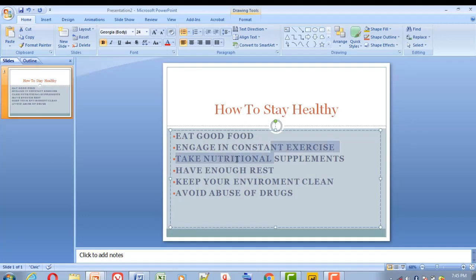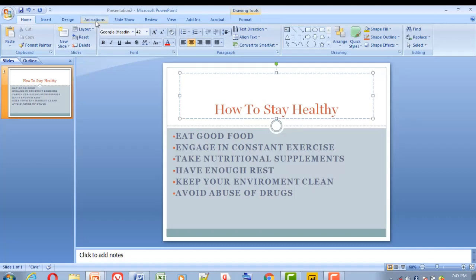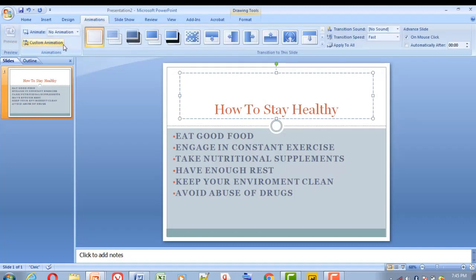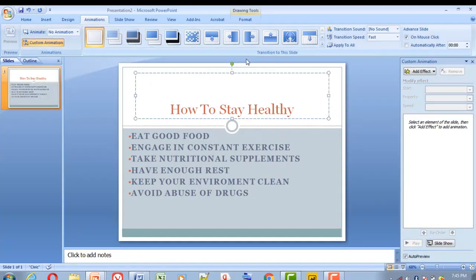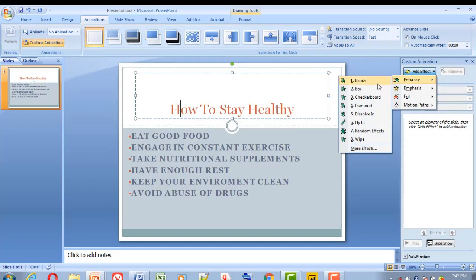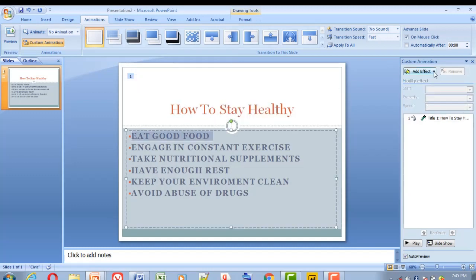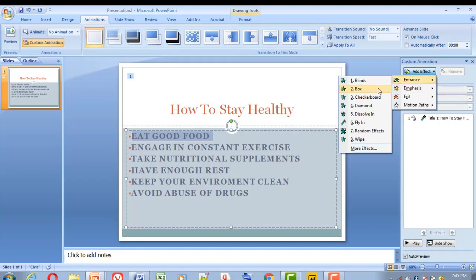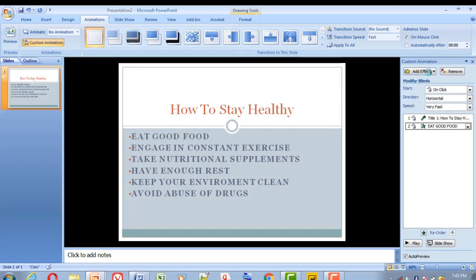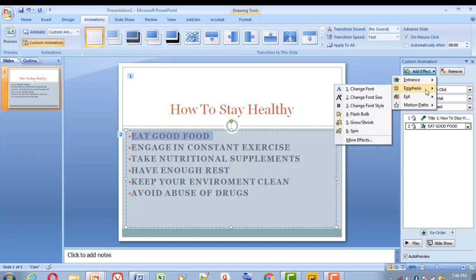So the next thing obviously to do is to carry out our animation. So I click here and I go to animations. I click animations. I click custom animations. So I go to add effects. I say entrance and I click, let's say flying, for example. It gives me a flying effect. Yes, so I click, I highlight eat food with good food. Let me give it an entrance effect. Let me say lines. I can also give it also an emphasis effect. I can say